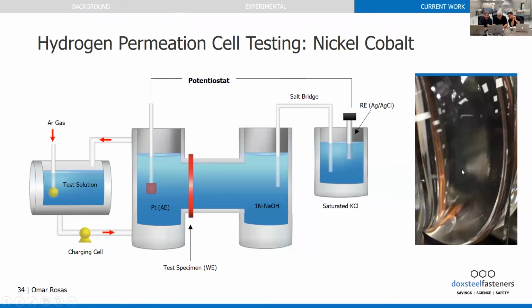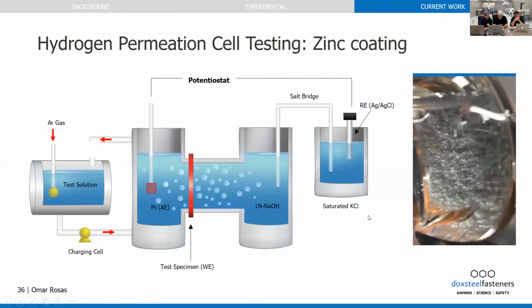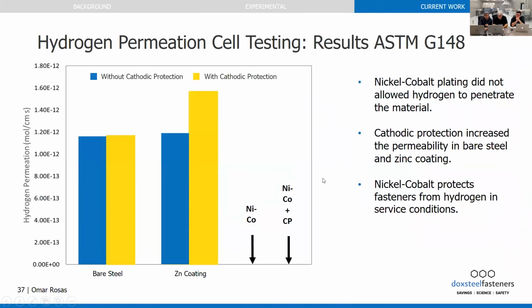We didn't see any hydrogen being formed there. We did the same for bare steel, and we saw some bubbles of hydrogen. And when we did the same for zinc coating, the difference was, again, dramatic. So again, we measured the current on the exit side, and these were the results for the permeation according to